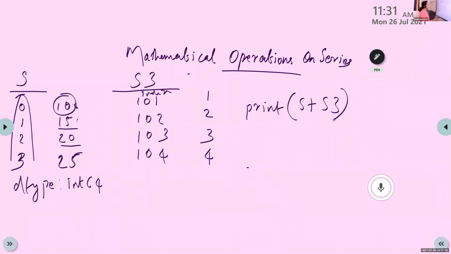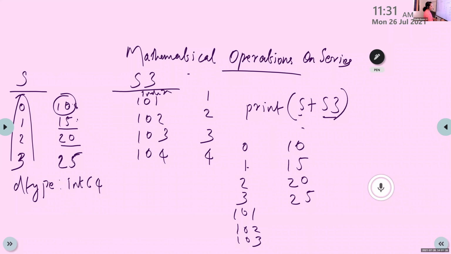So the result is, first it will display the content of S without addition. After that, it will display the content of S3, 101, 102, 103 and 104, 1, 2, 3, 4. This is the output of print S plus S3.